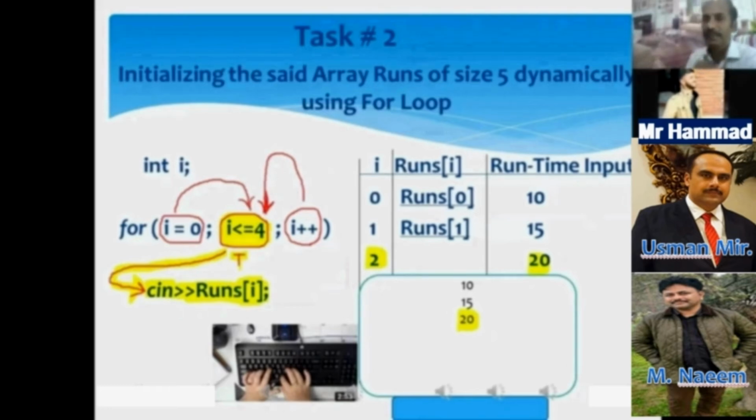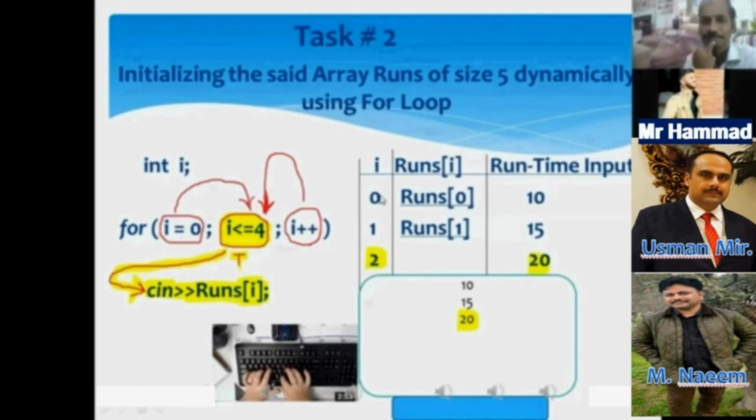Whatever data value I typed over there, okay, that is 20, will be stored in the memory location that we have specified over there in the scanf statement. And that memory location is the memory address of the array. The name of the array is runs, and within square bracket we have written i. What is the current value of i?